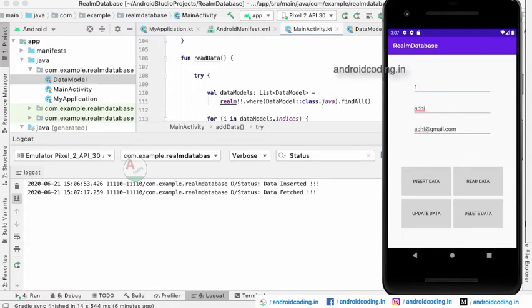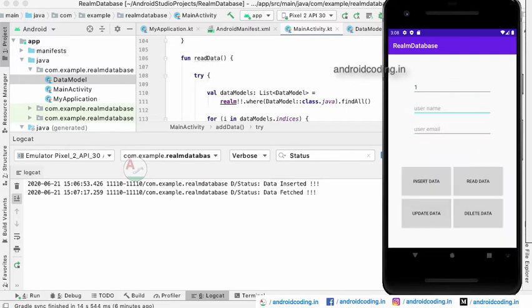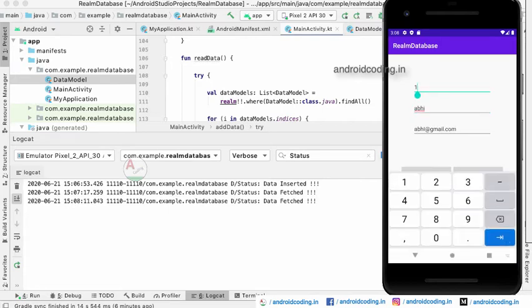Now we will try to update the data. For updating the data I am just manually clearing this. You need to pass the ID and fetch the data first.